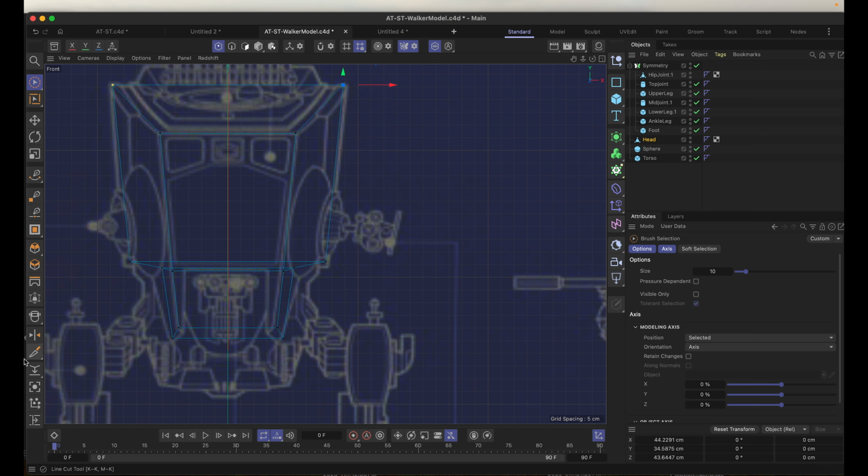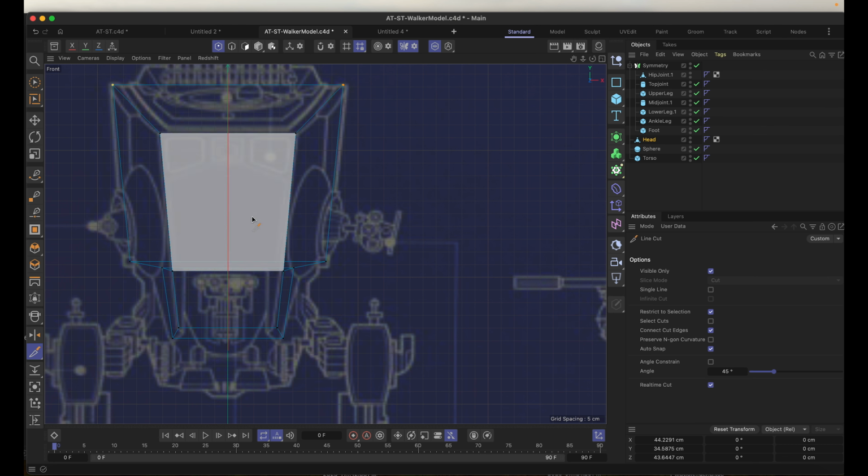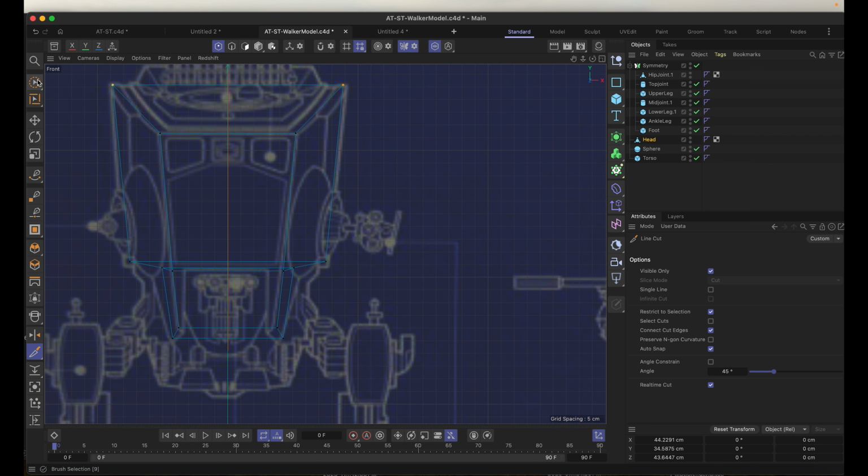And so to make that cut, we're going to go down to the knife tool, right? If the loop path cuts there, you can do this. This tool is also, if you hit the letter K, and then hit the letter K one more time, that's the line cut tool. And you can see it's wanting to select this polygon. If I go ahead and make sure I'm in polygon mode,